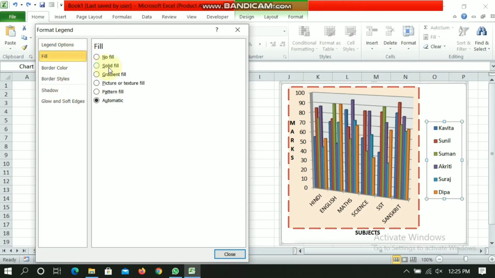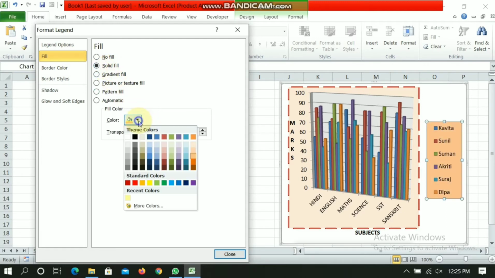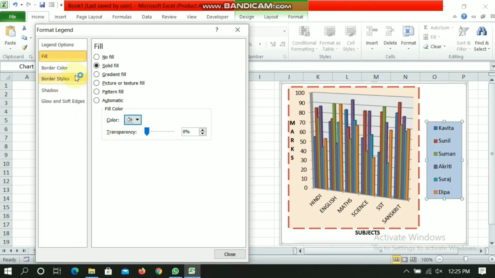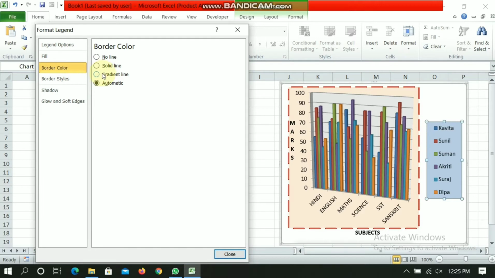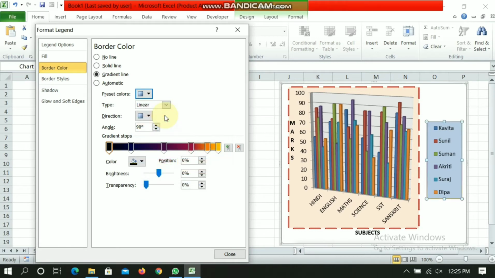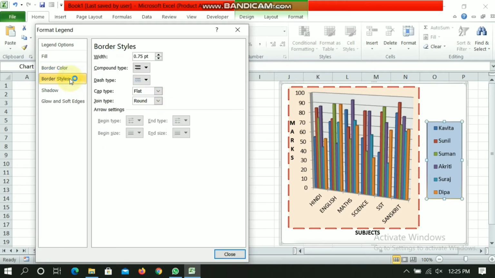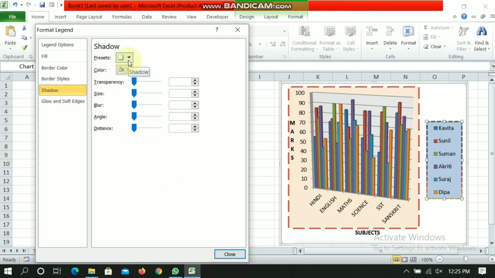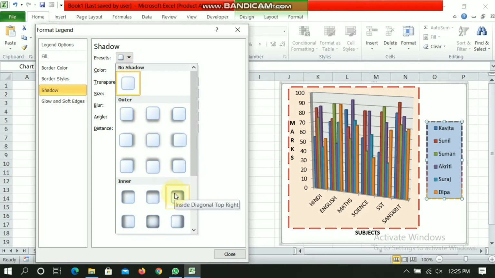Fill option. Under fill option, you can select any color to fill the legend box. Fine. Border color, like this, and change border style and its width, compound type, dash type, like this. You can change, and you can change shadows as well, inner and outer shadow.